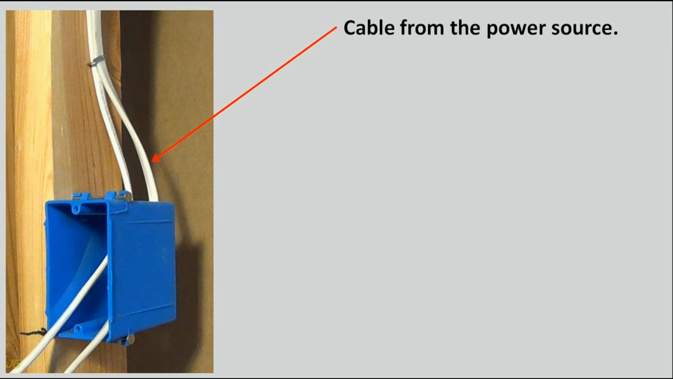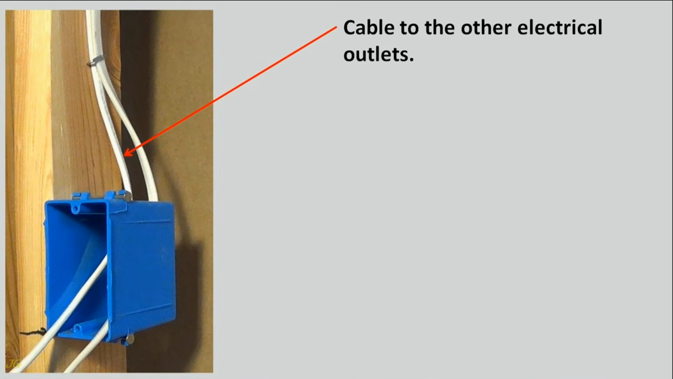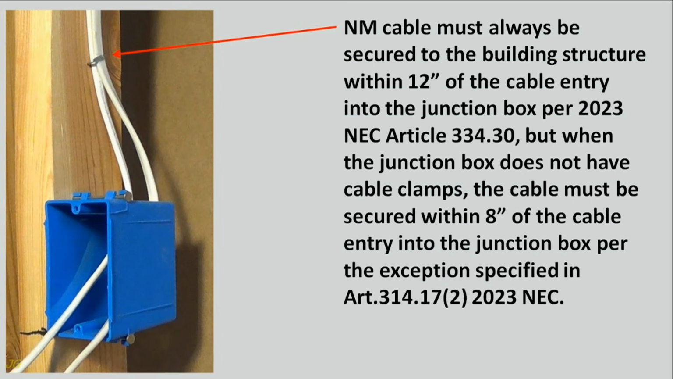Cable from the power source. Cable to the other electrical outlets. NM cable must always be secured to the building structure within 12 inches of the cable entry into the junction box per 2023 NEC Article 334.30, but when the junction box does not have cable clamps, the cable must be secured within 8 inches of